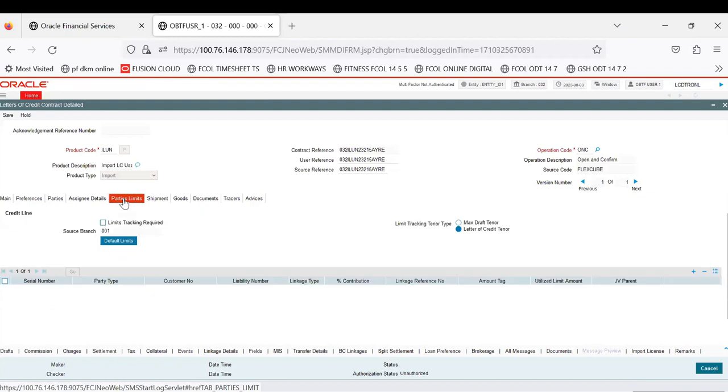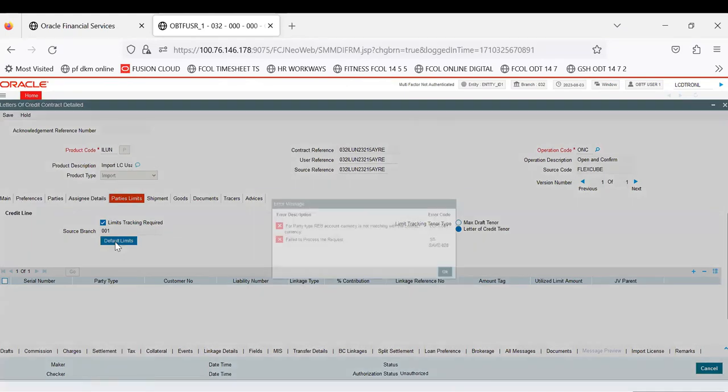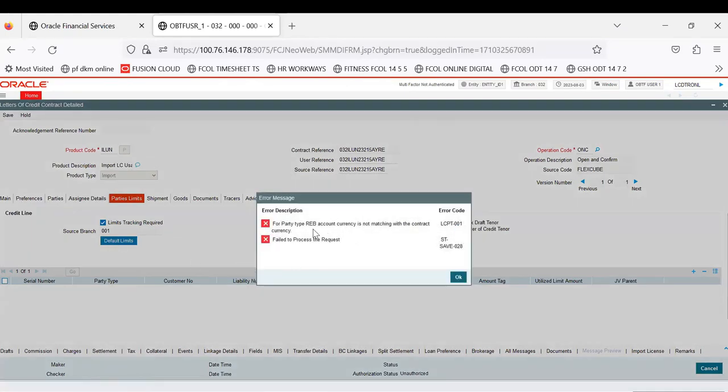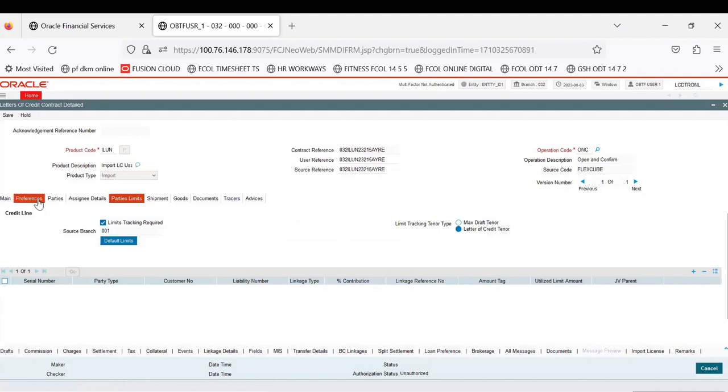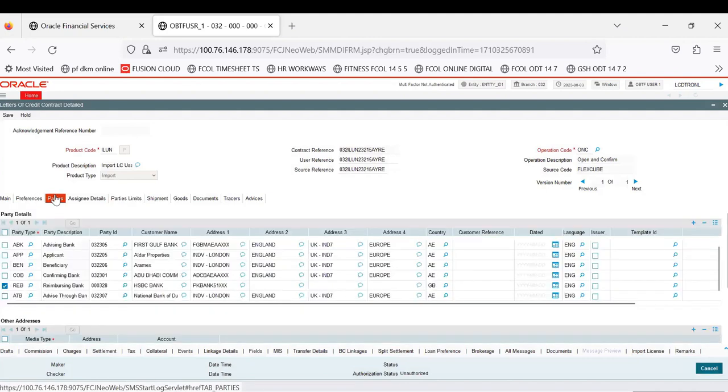Yeah. Next one is we can default the limits. If you see here, can you see here? It is giving a validation. I have done a reimbursing bank, and that reimbursing bank is not having an account in this currency. So I need to select a bank which has